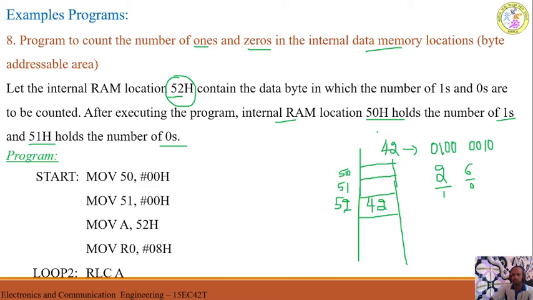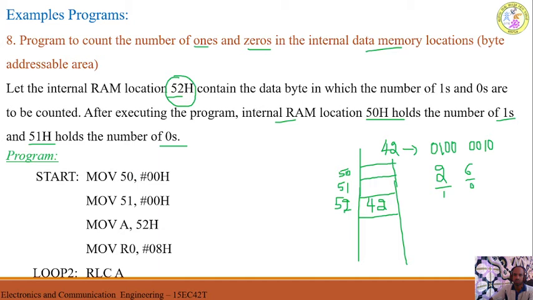So here at 50 you need to store the number of ones and here you need to store the number of zeros. So I will take MOV 50, #00. That is, to the memory location 50 I will add 00 and to the memory location 51 I will add 00.